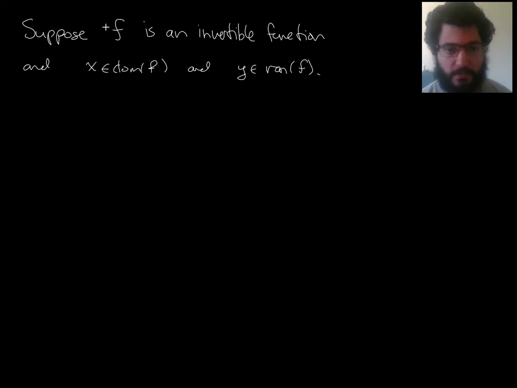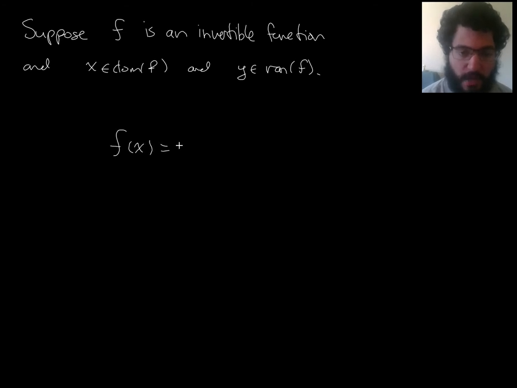Let's say you have an invertible function f. So invertible, meaning the reverse, when you flip around all the pairs, is a function. And let's say you have x in the domain of f and y in the range of f. Then if you have f of x equals y, so if y is the output associated with the input x,